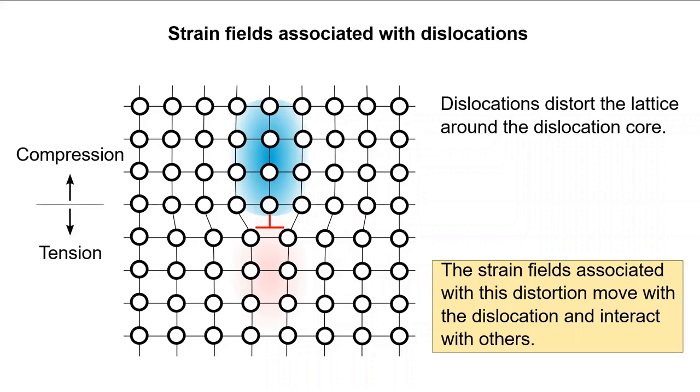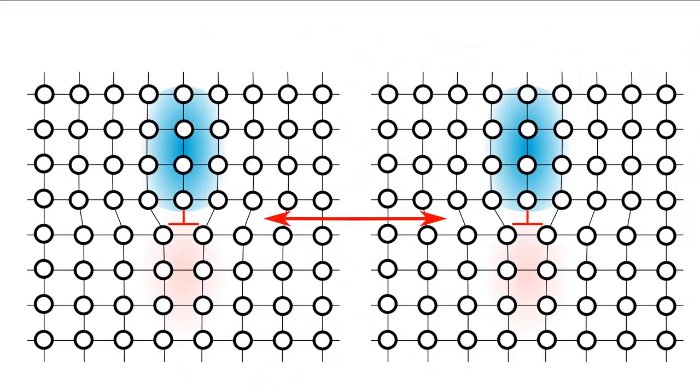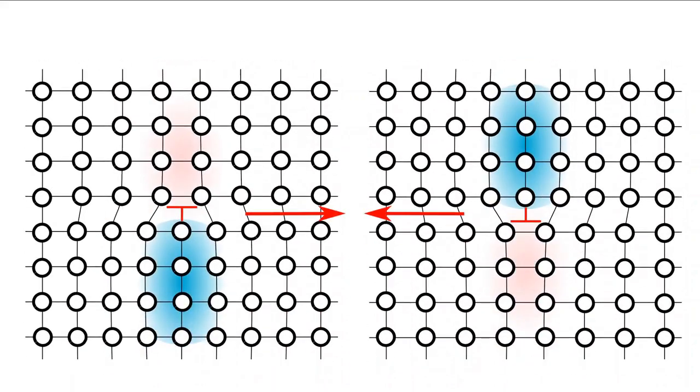These fields clearly move with the dislocation, and they can interact with fields associated with other dislocations. Let's see how. If I were to place 2 edge dislocations beside each other as depicted, there will be a repulsion between them as the respective strain fields would repel against each other. Attempting to move one to the influence of the other and vice versa will require a significant amount of additional shear stress. If instead I were to invert one of the edge dislocations with respect to one another to create